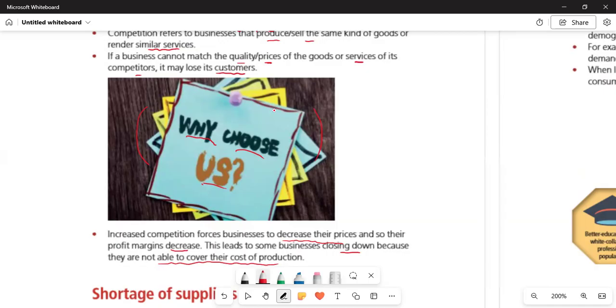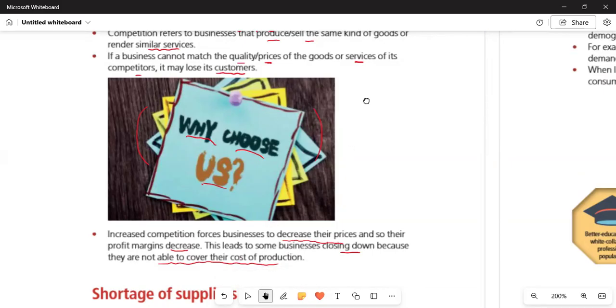That is another challenge. So the competition is very strong. This forces businesses to lower their prices, and once they lower their prices, it means it's going to affect the profits negatively, and this will lead to the closure of the business. So that's that. So now let us move on to another